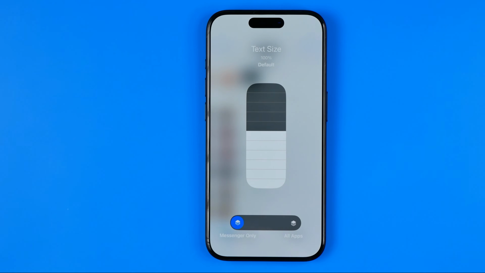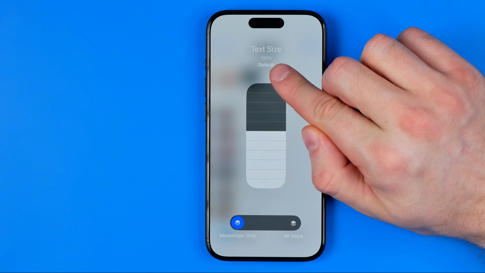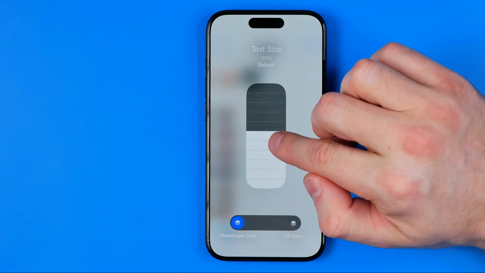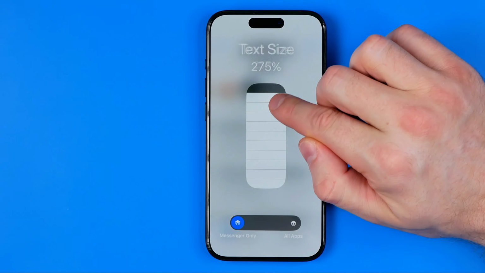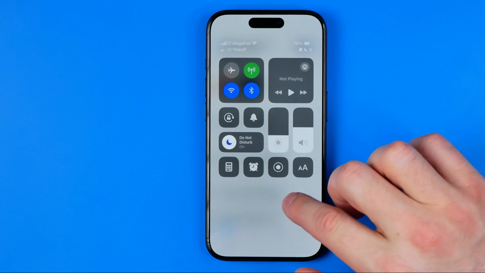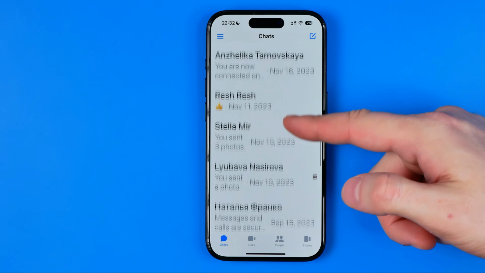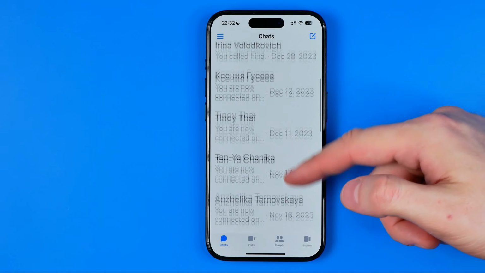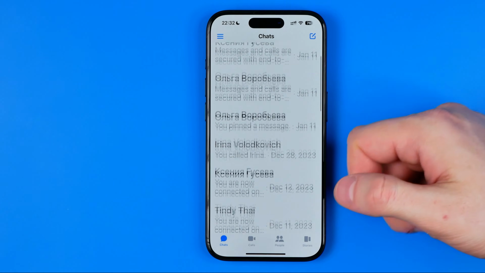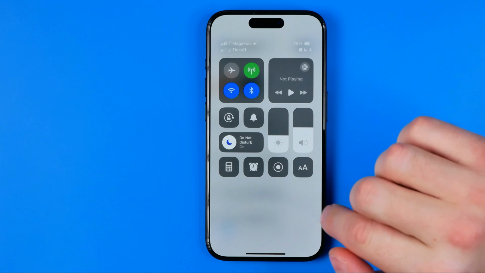I'm gonna select Messenger only. It says 100% here, which is default. However, we can drag it up or down to change text size for the Messenger app. Now, as you can see, text size on the entire app is highly increased, and we can easily change it